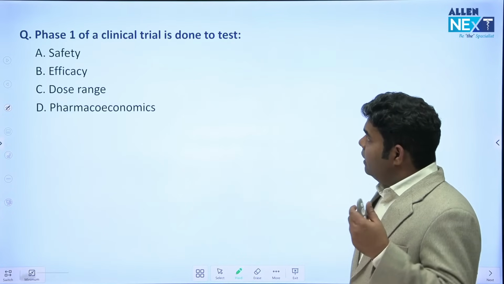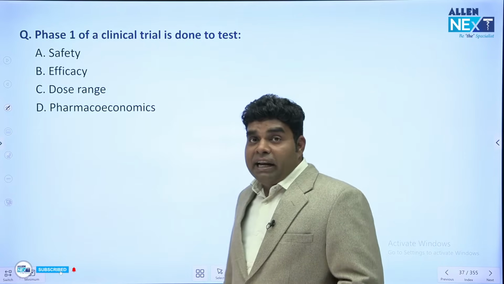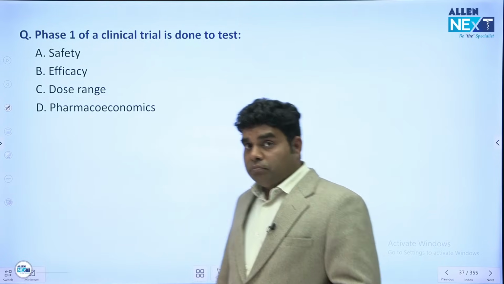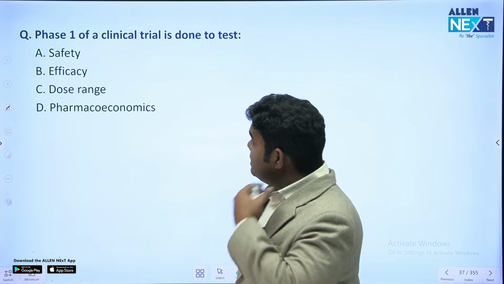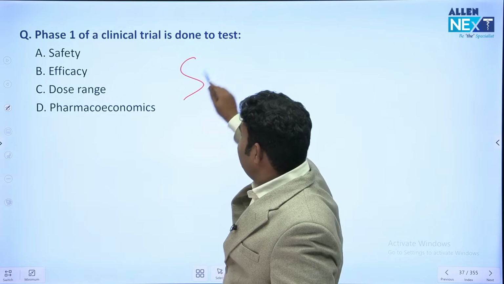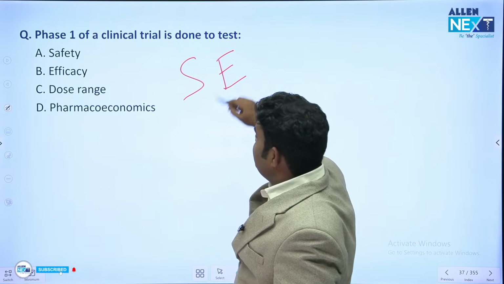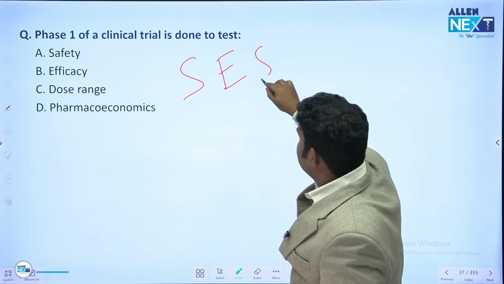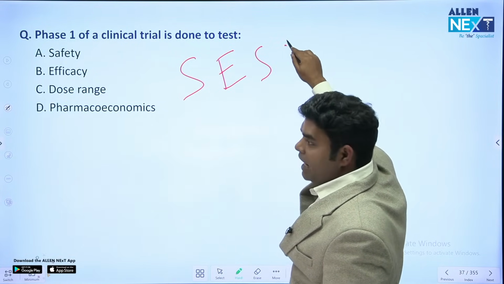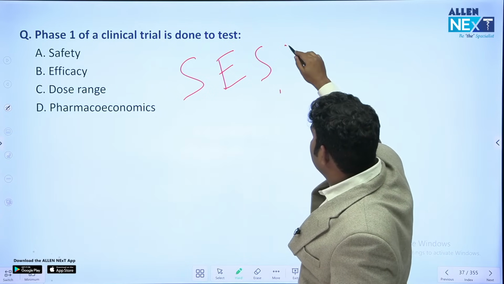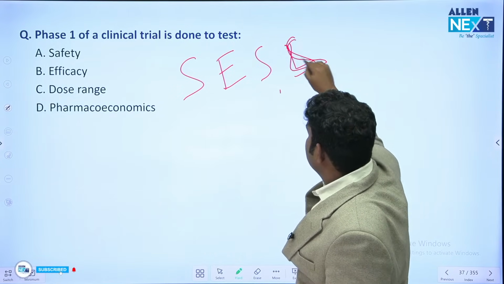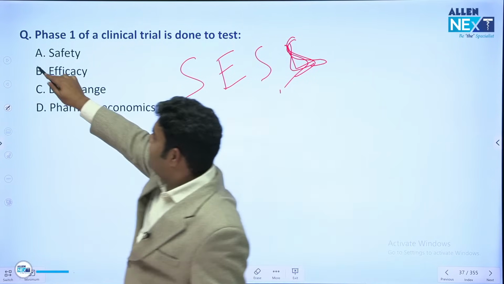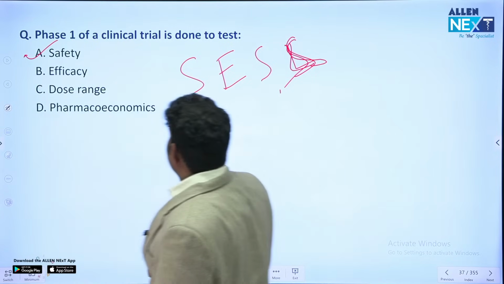Okay, next question. Phase 1 of clinical trial is done for. Can you give the answer? What is the answer? Safety, efficacy, short-term side effect, long-term side effect. This is the mnemonic which they use sometime to remember it. So phase 1 say definitely safety, then